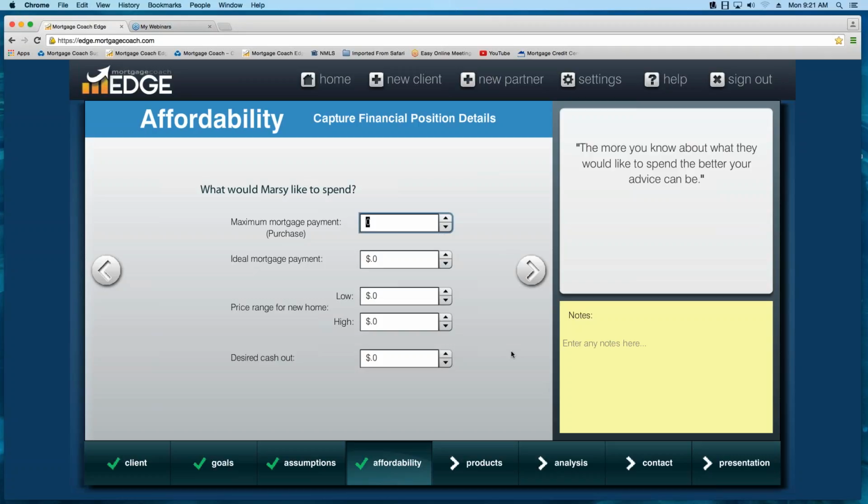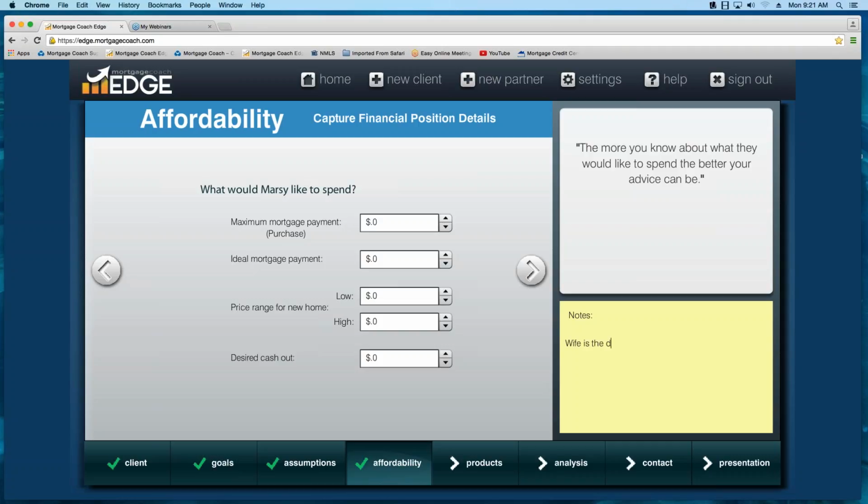You can get a lot of good information here too, if they're looking to buy a home for a family. And what you're going to want to do is capture that information and put it in the note section over here. That way you'll be able to remember certain things about that particular meeting, because as you get busier and busier with business, you need to have these little keys to help you remember who you spoke with. And what you might do is, okay,